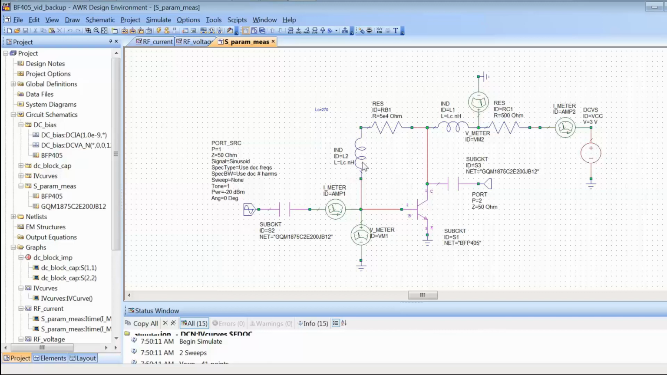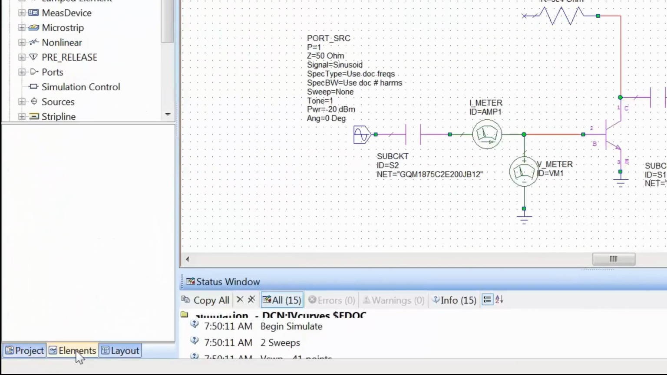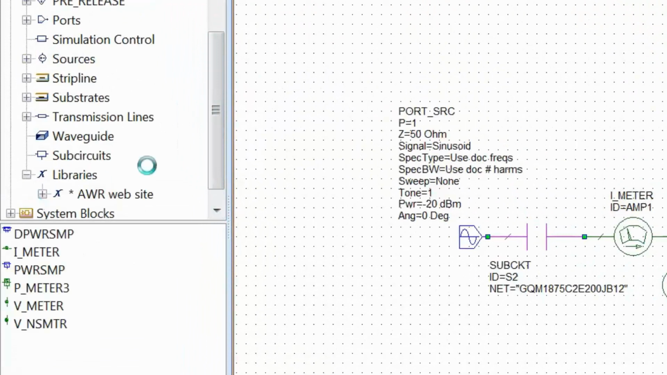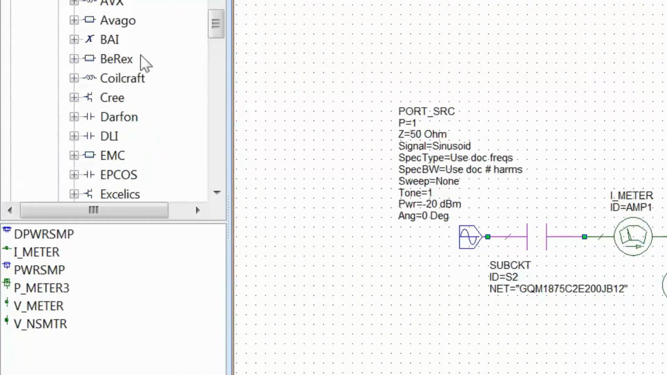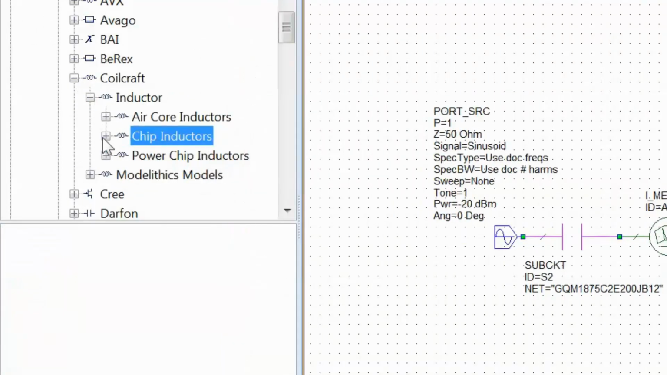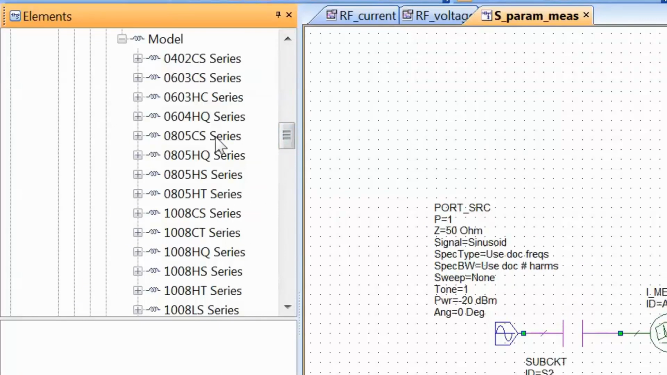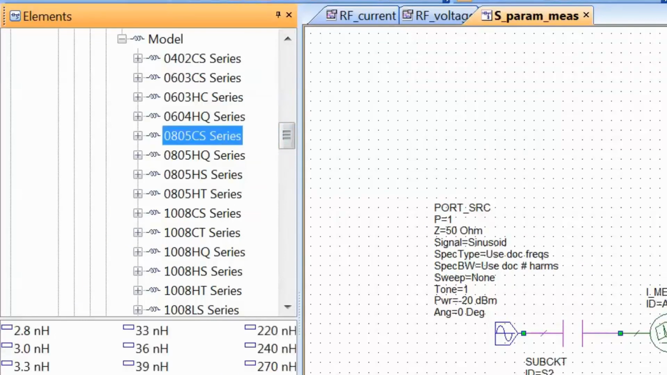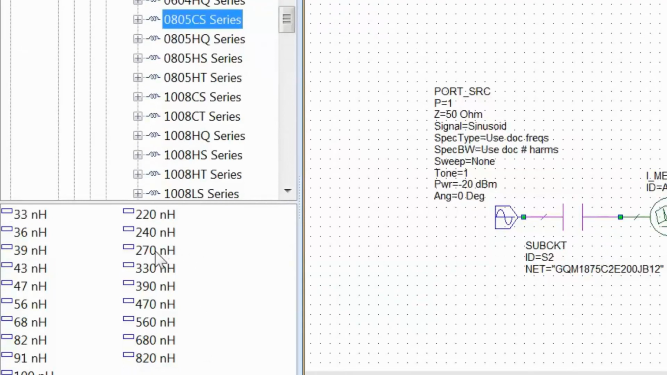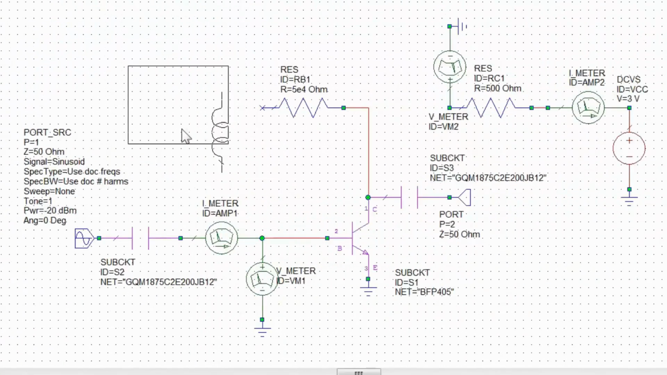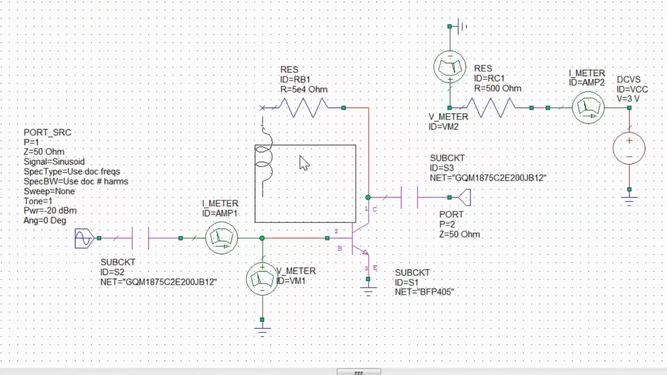So let's get rid of these two and go to Elements, and then scroll down to Libraries, and this time we'll look for a vendor that does passive components, and that's Coilcraft. Select Inductor, and we'll go for Chip Inductors and Models, and we'll choose the 0805 CS series, and we'll first pick an inductor of 270 nanohenries, just the same value as we picked before. So drag that onto the schematic, and then rotate and click to place, and connect it